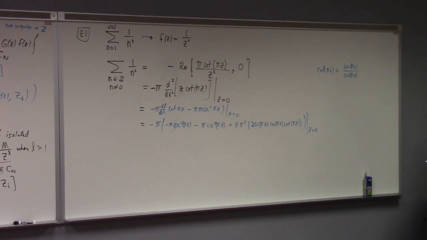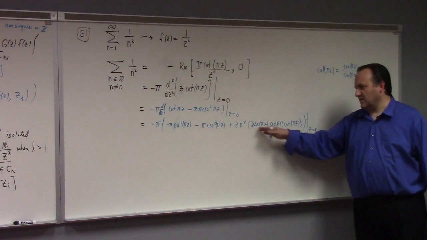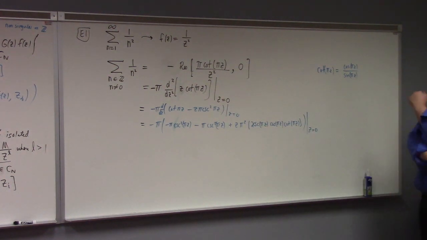Golly. How is that a thing? This feels very divergent to me, because I've got a cosecant squared and a cotangent. What about the z next to them? Like the z multiplying? Yeah, that helps, but